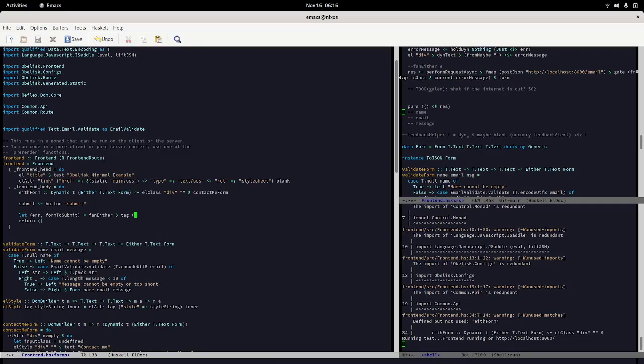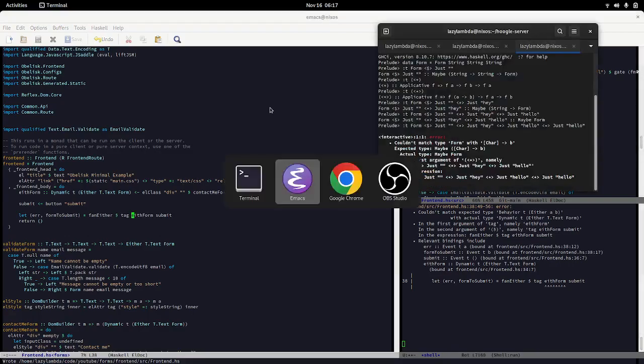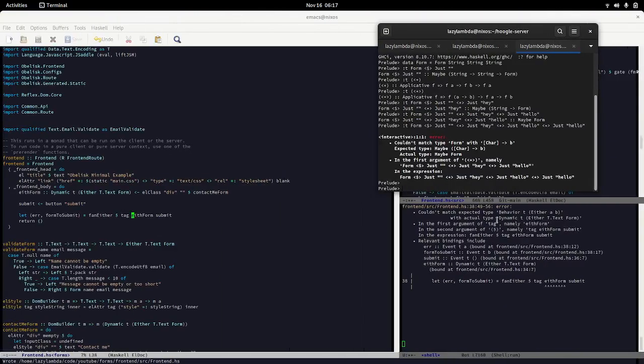So what was this? Tag either form and submit. However, we have another problem because this still doesn't actually fit. It's going to say that this is not a behavior. It could not match expected type, so it's looking for a behavior, as we could see here, and we gave it a dynamic. So what we need to do is